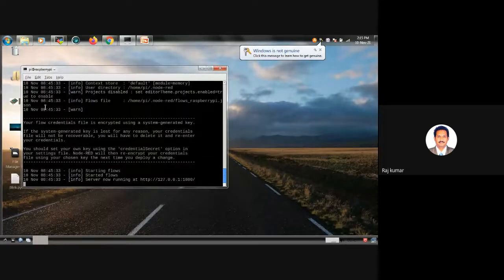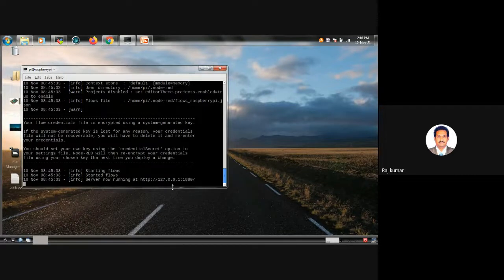So here on the terminal's last line, you can see that our server is now running at HTTP 127.0.0.1 colon 1880. 127.0.0.1 is nothing but the localhost, the local IP address of your system, followed by the port number.